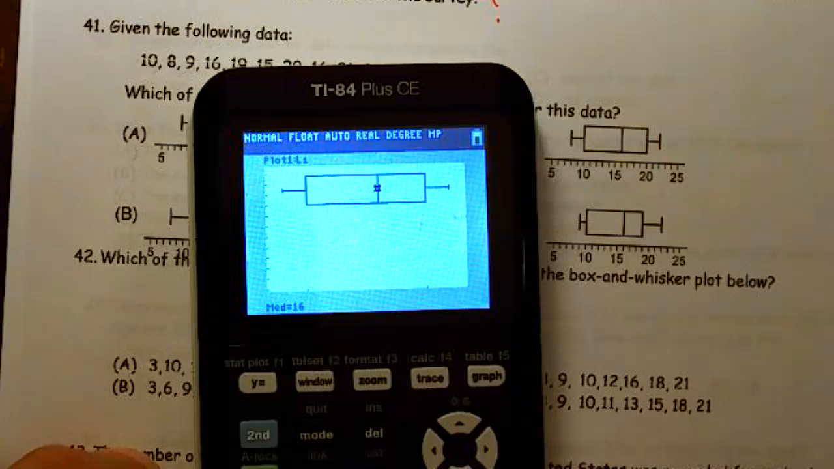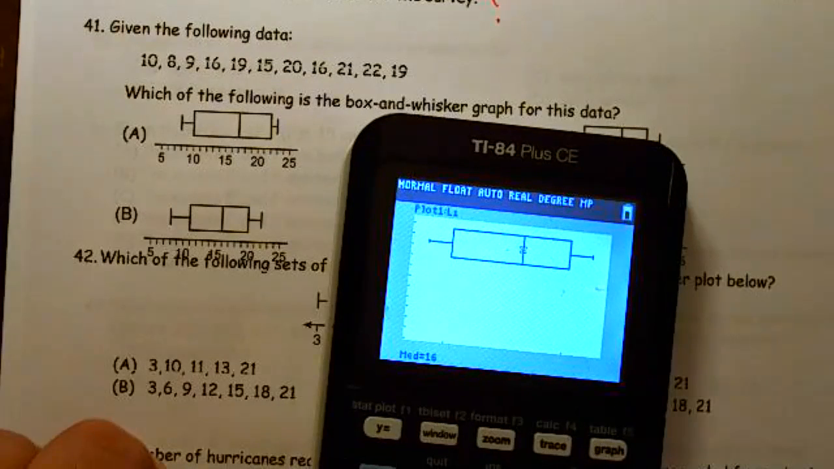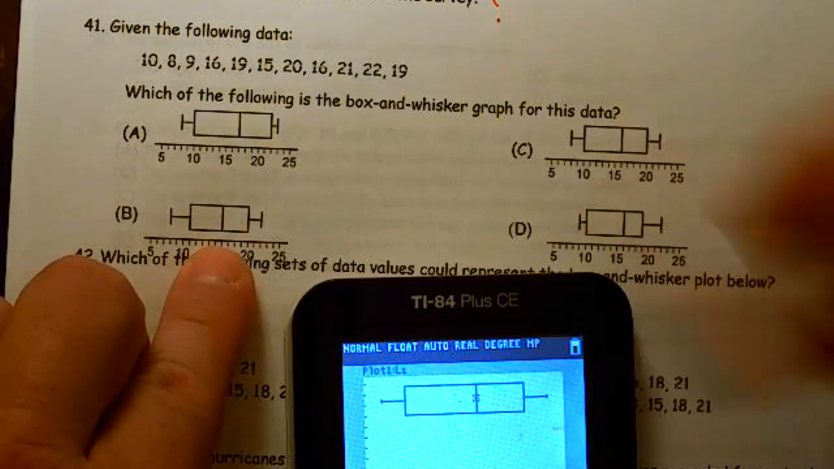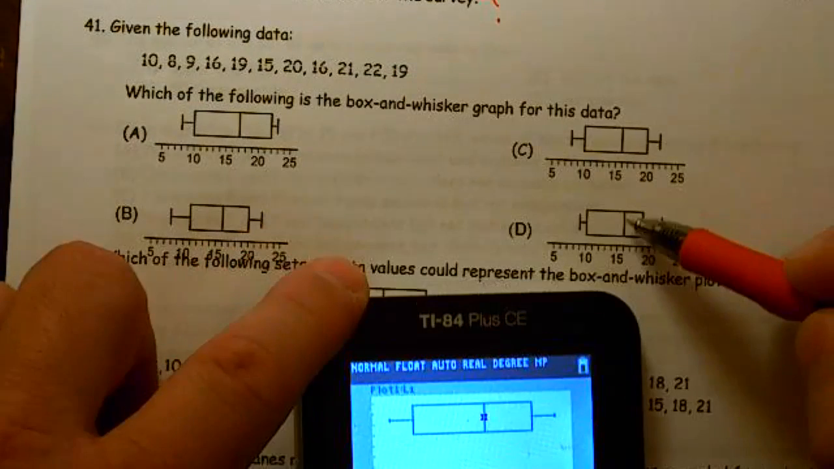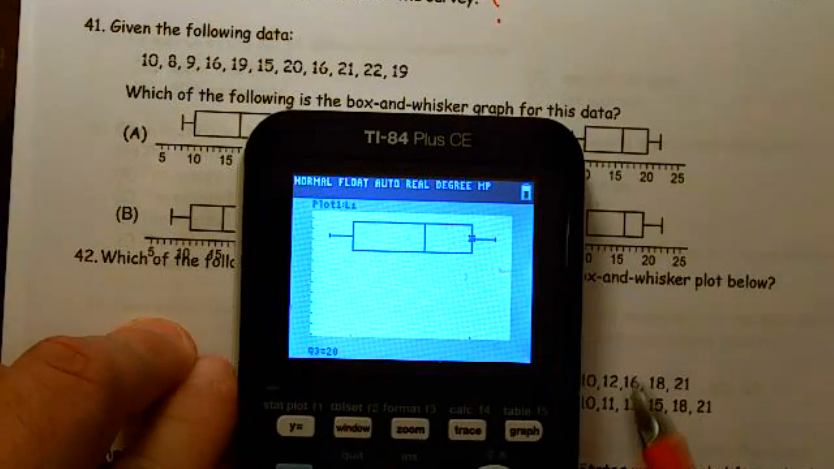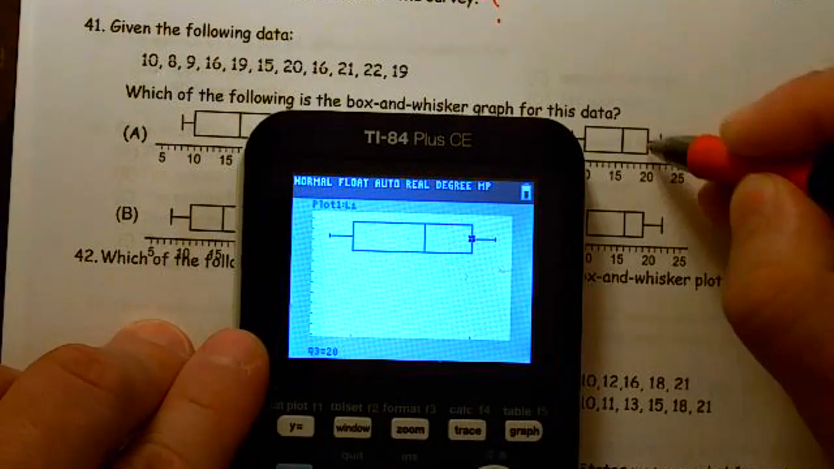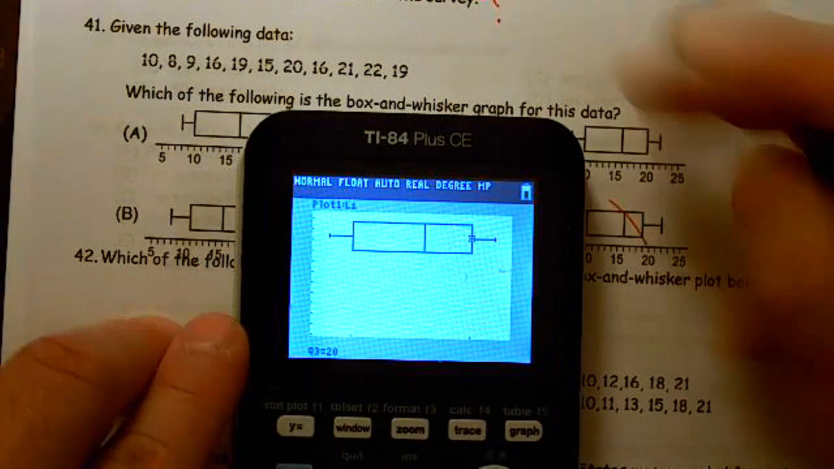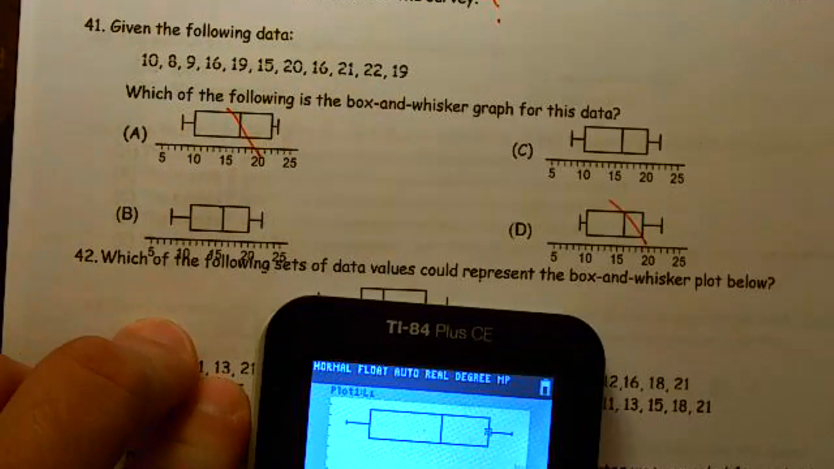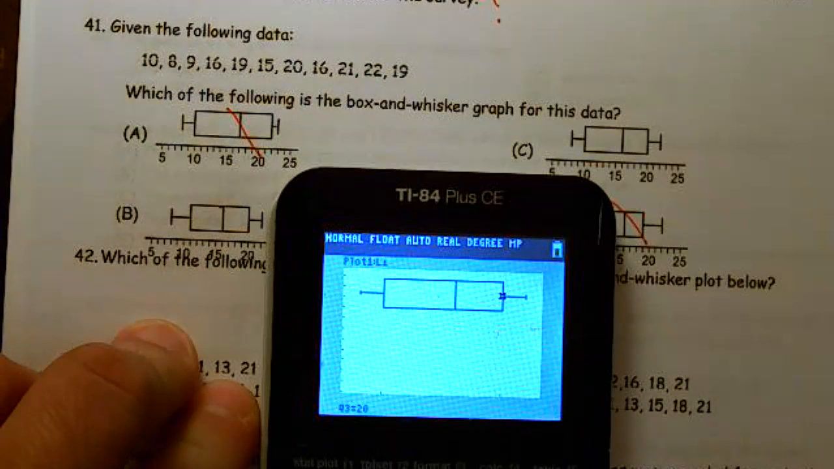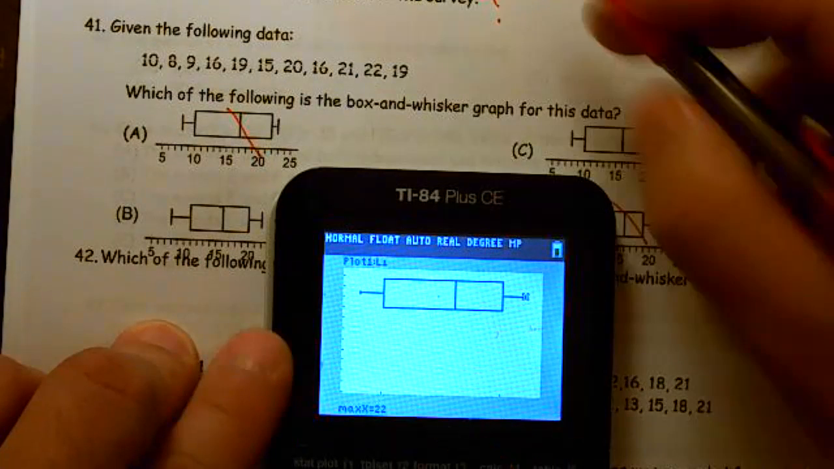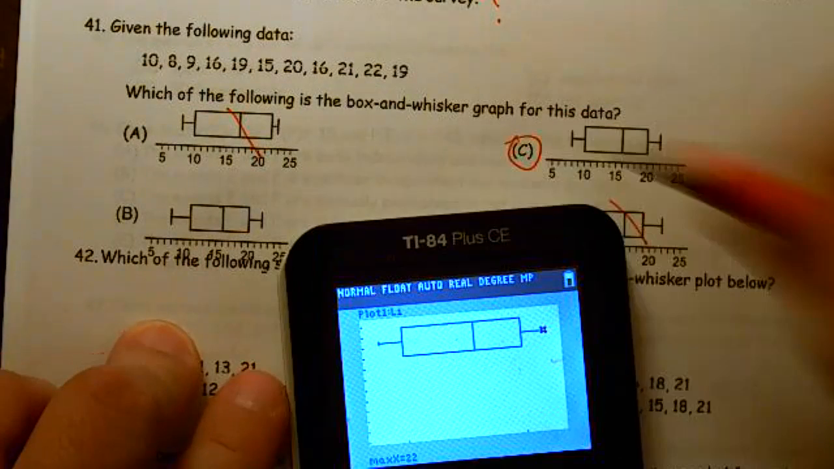And I have a median at 16. Well, this median could be at 16. Looks a little high. That looks good, that looks good. A Q3 at 20. This is definitely at 20. This is not at 20. That's more than 20. This is at 20. And a max of 22. Well, the only one that was precisely right on all of these, and you have to look